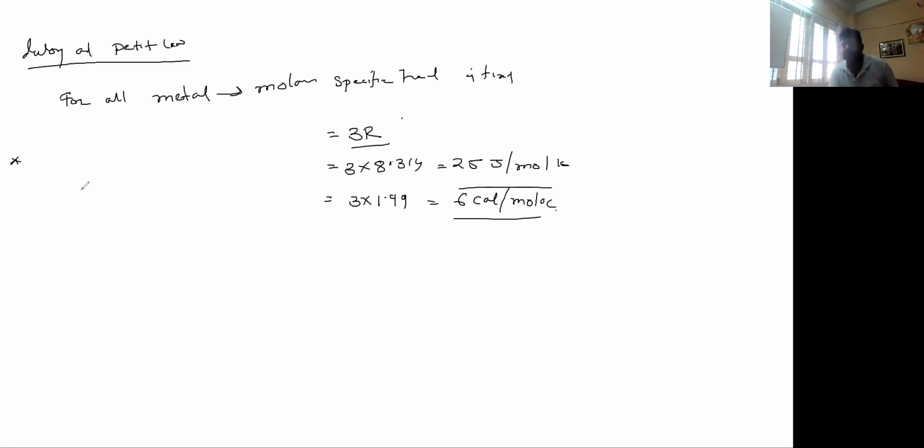What is thermal heat capacity? One more important thing. del Q is mc del T, so c is 1 by m del Q by del T. Similarly, capital C is 1 by n del Q by del T,